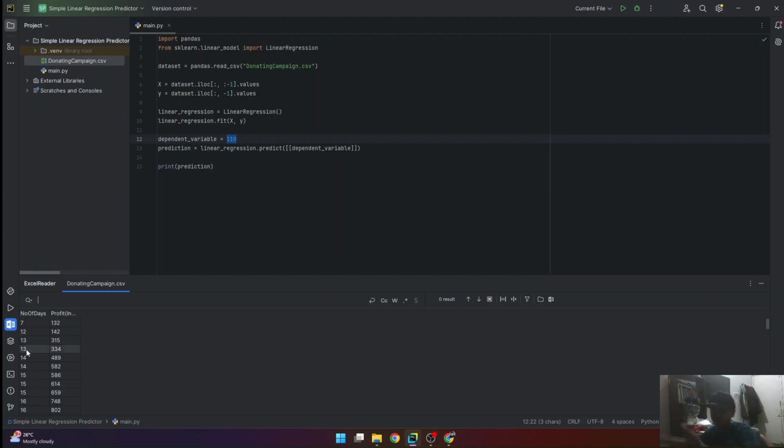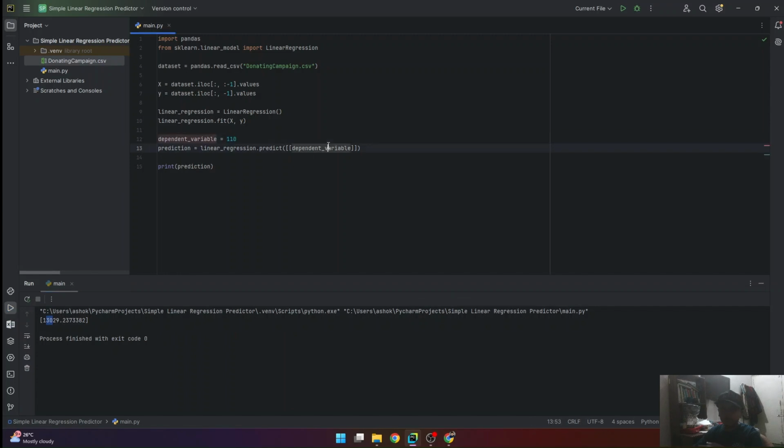This is just an, well, we can say imaginative data set in which I've just made so that the numbers keep increasing, but they are random. They're in ascending order. So the number will keep increasing depending on the number of days. However, in real life, there are many other factors which influence the profit earned in a campaign. This is just one that we're using for testing.